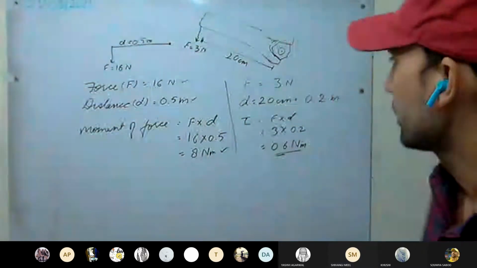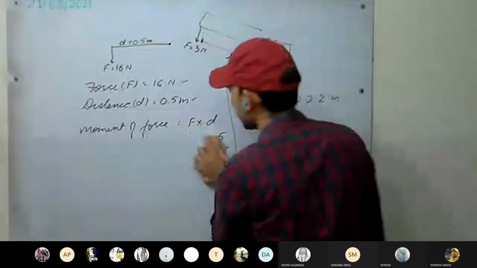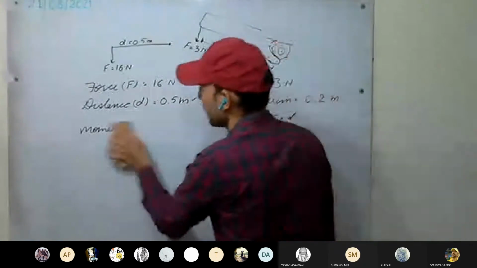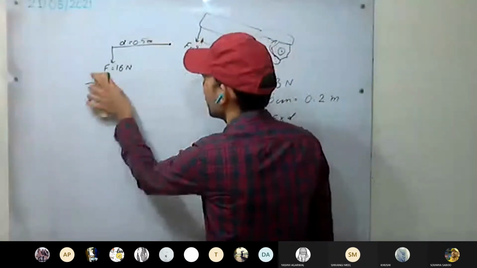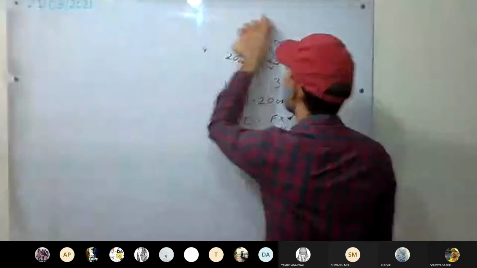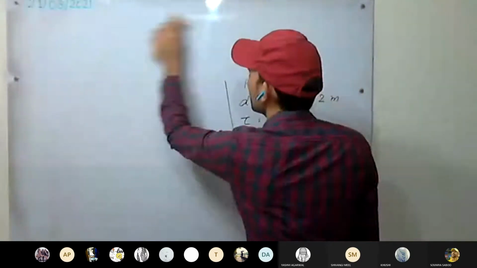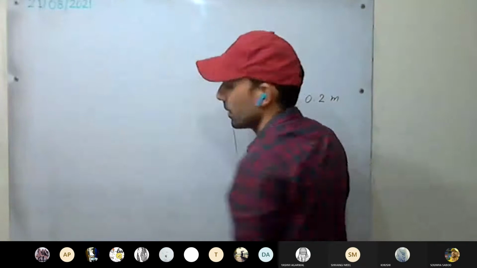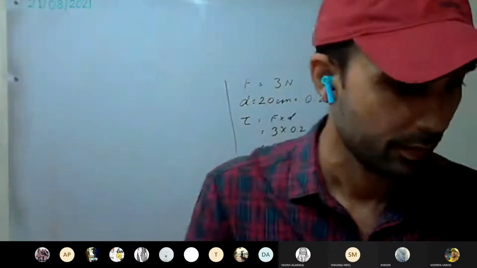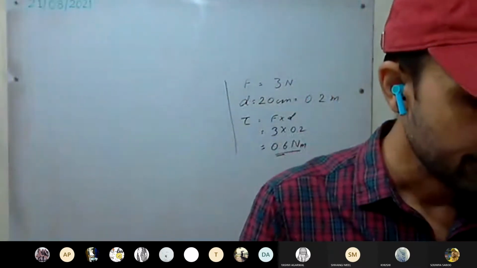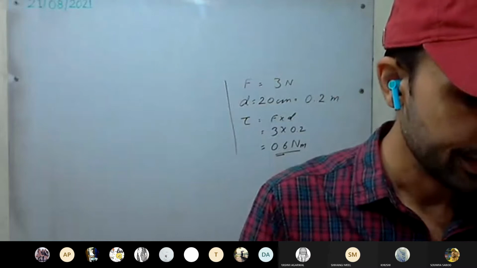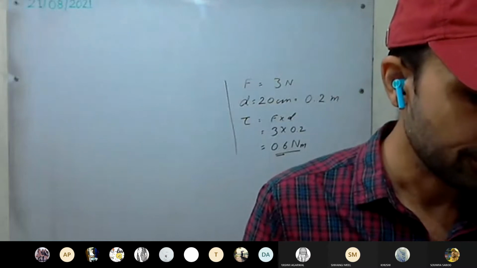Okay, try the third one. A child of weight 20 kg is sitting at a distance of 1.5 meter from the fulcrum